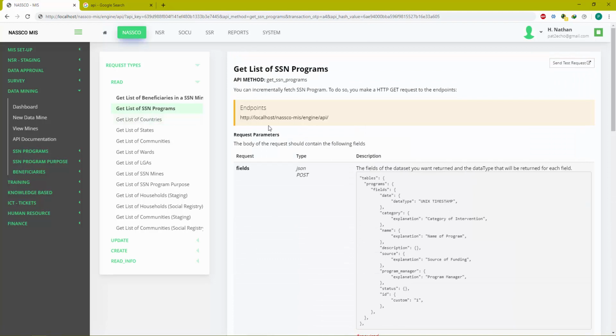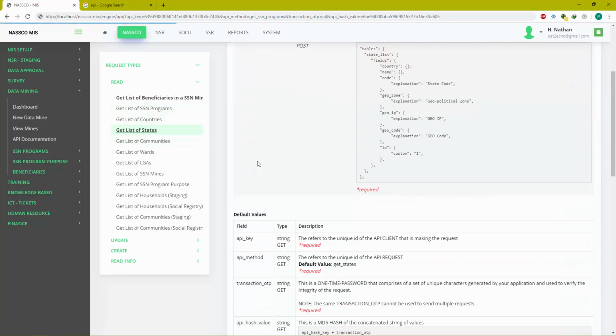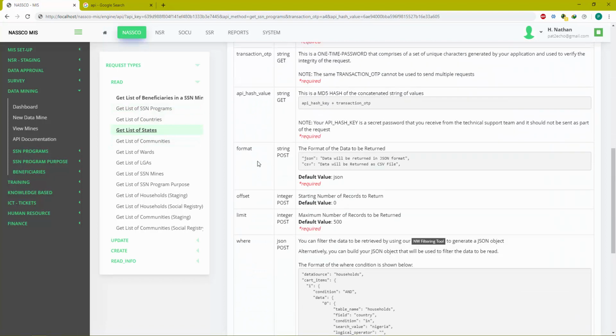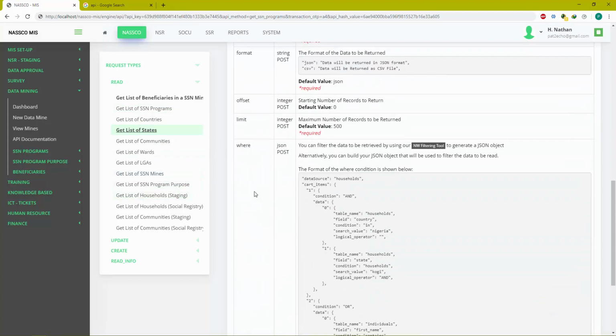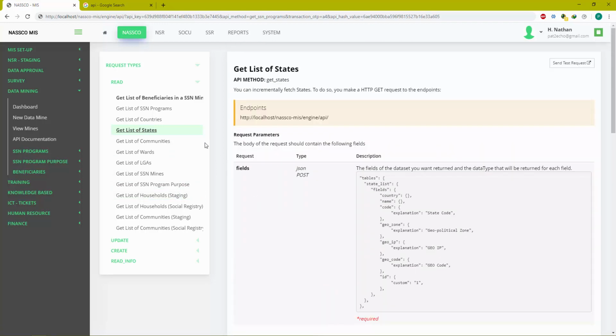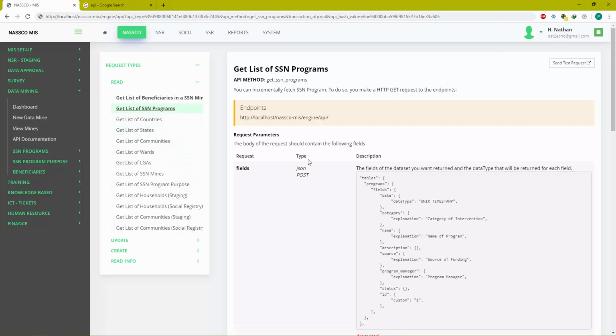Okay, so this is different for all the different requests you'll be making. Some requirements may vary depending on what type of request you're making. Okay, so let's go ahead and make a request to get the list of all the SSN programs that are